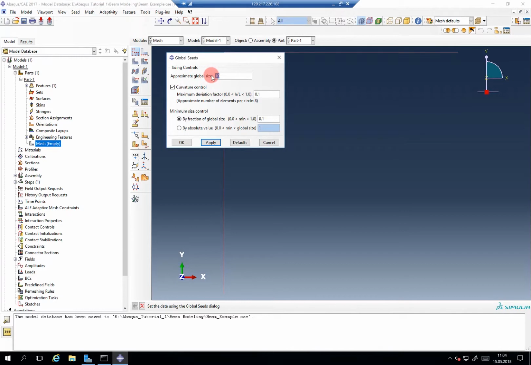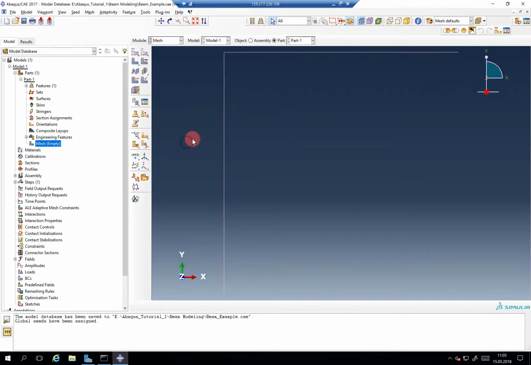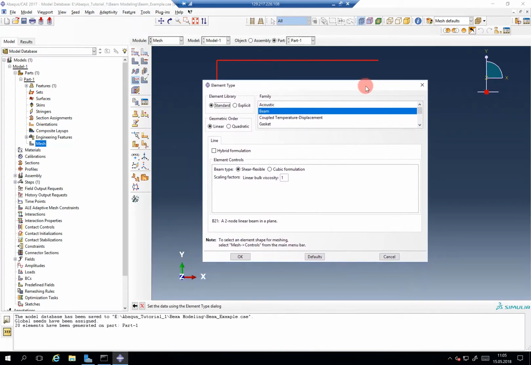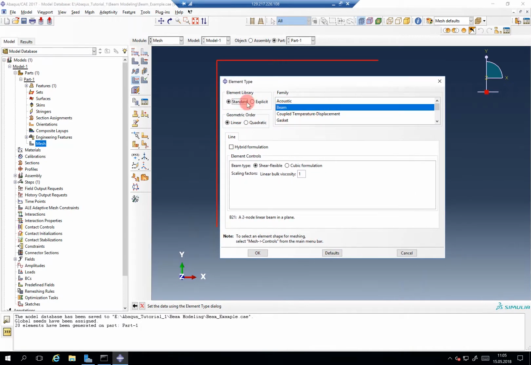As mentioned, we use the global size of 10. We can apply. We could see the seedings, and now if we mesh the part, there you can see the different nodes. And using the assign element type module, if we select everything, we can then click the mouse wheel, and here in this element type window, we select the parts where we want to assign a new element type, and then the family is beam, of course, and here you see,